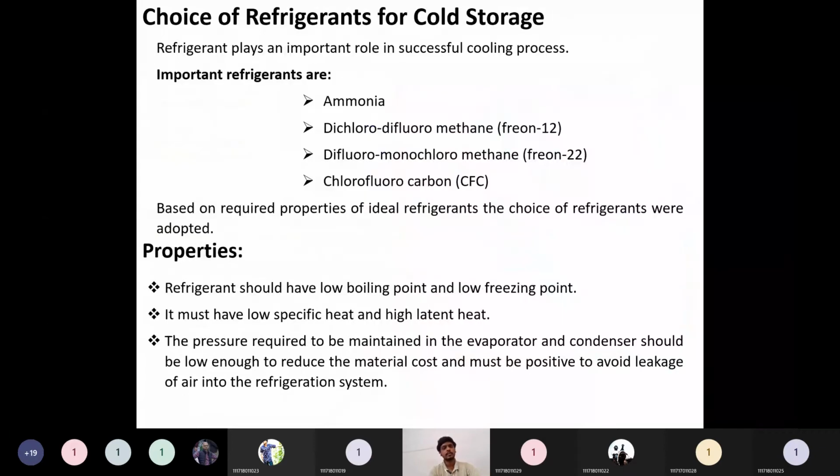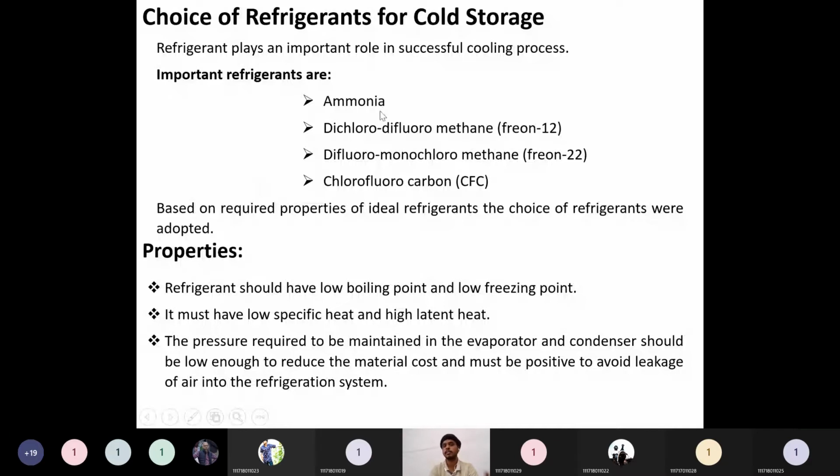Then the next one is the choice of refrigerant for cold storage. This is out of the context, I think, but they are asking it as a question in your end examination, so I have just framed this one. The choice of refrigerant for cold storage, whatever the refrigeration cycle required, will depend on the particular heat engine or refrigeration cycle and the coefficient of performance. Depending on that, they will design it. But how can we choose that refrigerant? Mostly depending on the coefficient of performance, we will choose our refrigerant. Before designing any refrigeration cycle, the important thing is the refrigerant which we have to adopt.